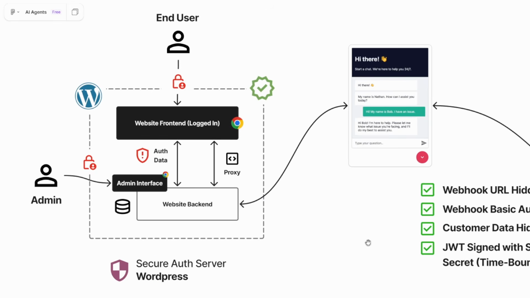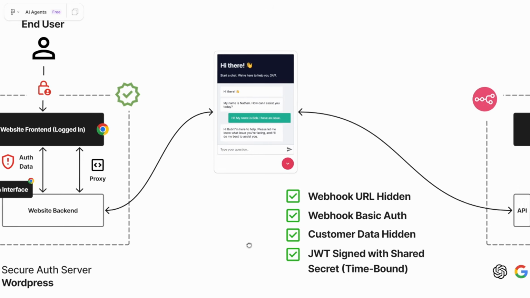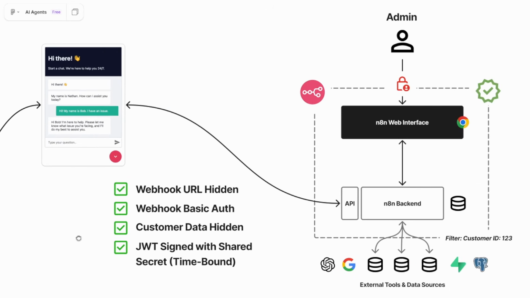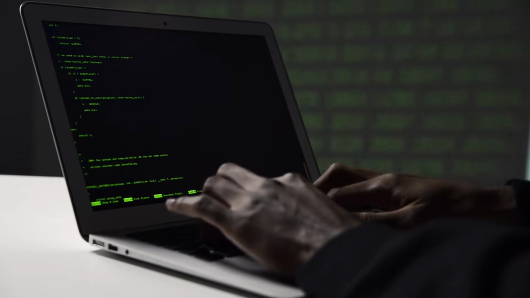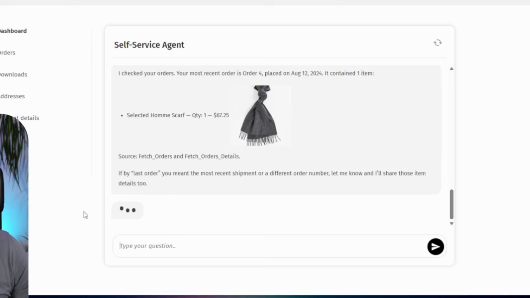The key isn't just building the agent, it's the security. How do you ensure your agent only accesses one user's data and never leaks information to other users? Get this wrong and you've just built a major data breach just waiting to happen. Get it right and you have a powerful self-service agent that customers can trust and that can help reduce cost